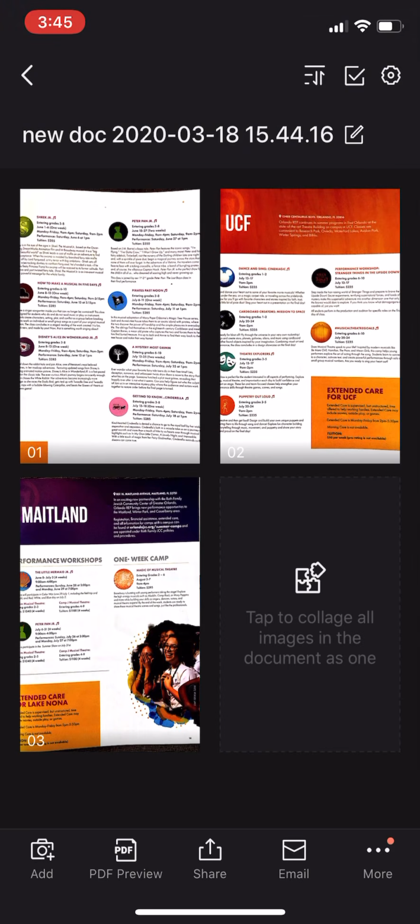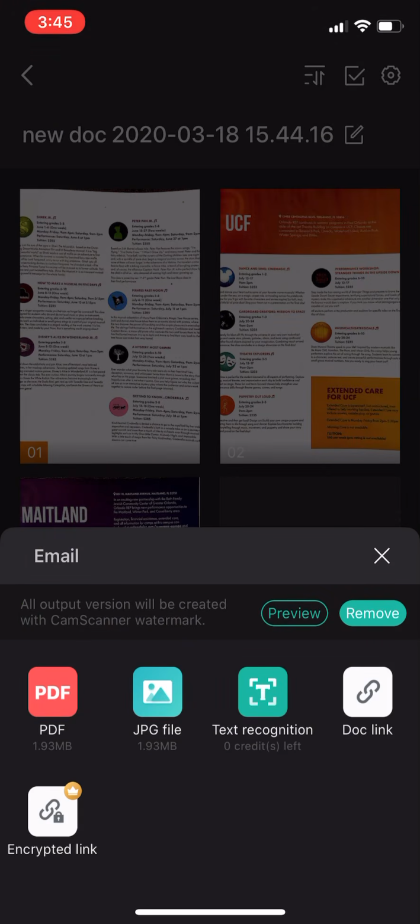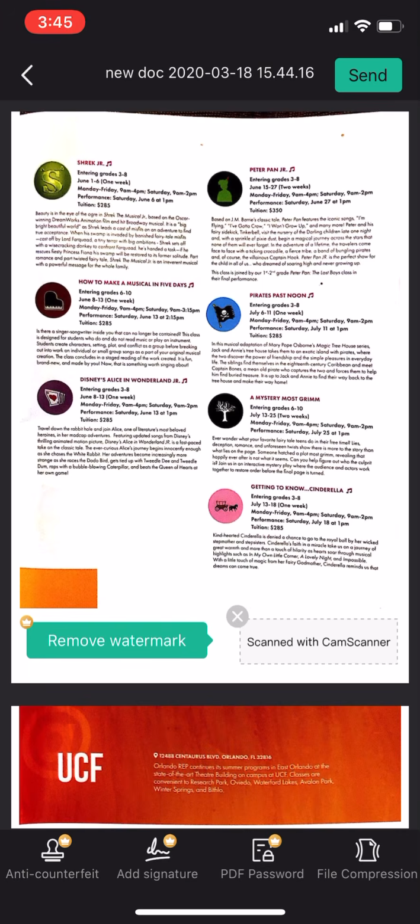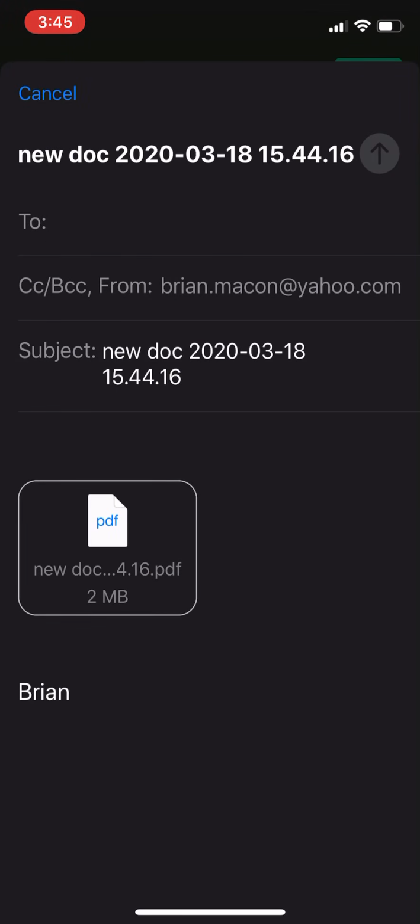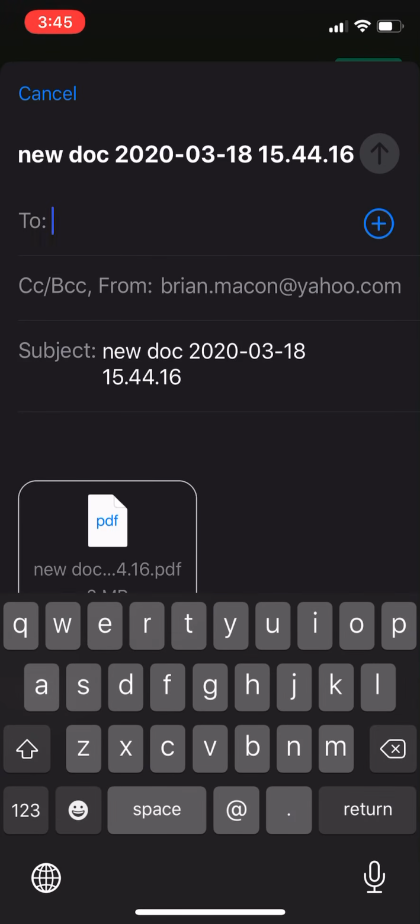Down in the very bottom row, you can see the icon email. The way I like to do this is I click that email option, and I'm going to email a PDF. Now, if you've never emailed before, it's going to ask you what is the email that you're sending from. So I typed in my email address that I want to send from. In the very upper right-hand corner, I'm going to click the send button, and it's bringing up my email, and it's attaching it as a PDF. So I'm going to go ahead and just email it to myself here.